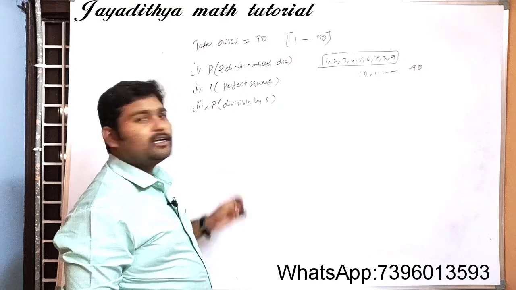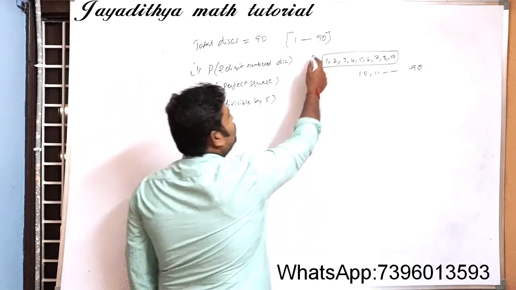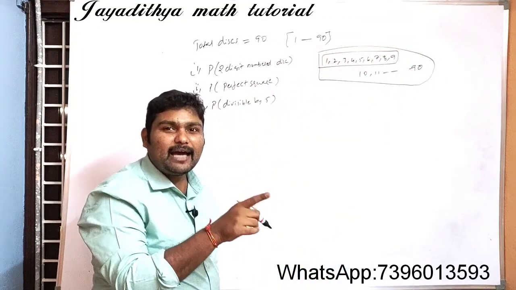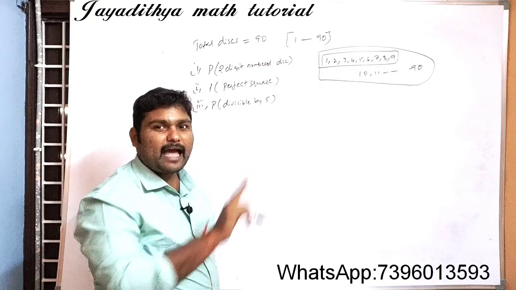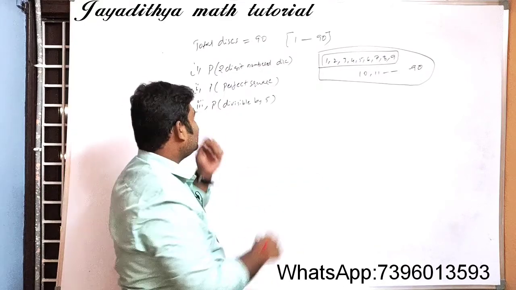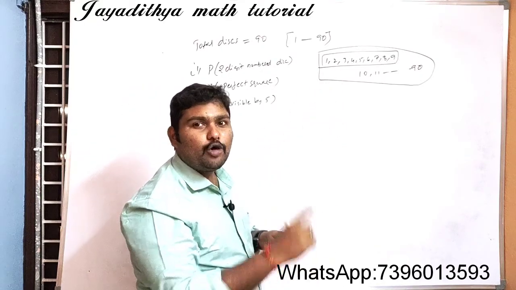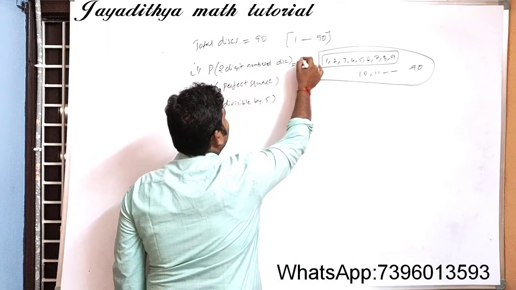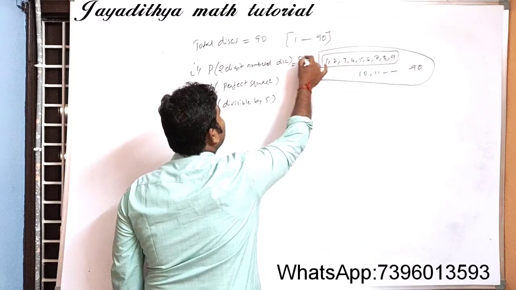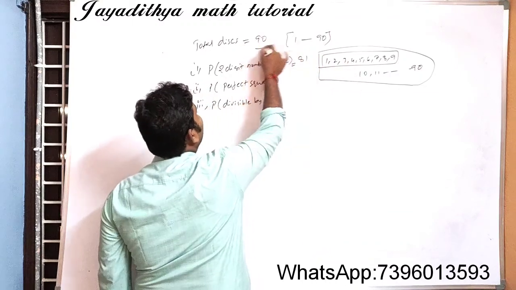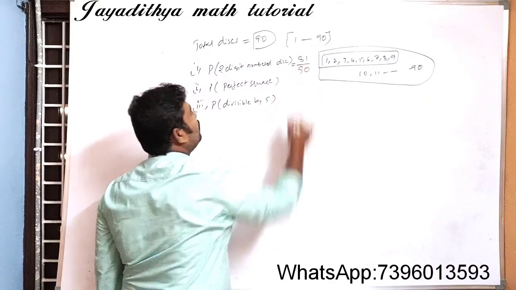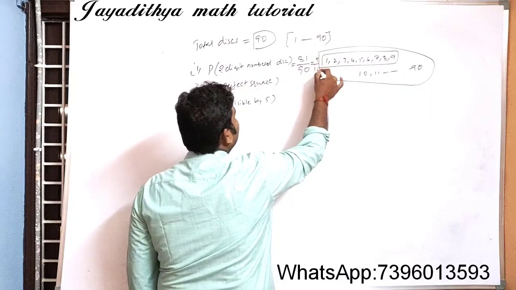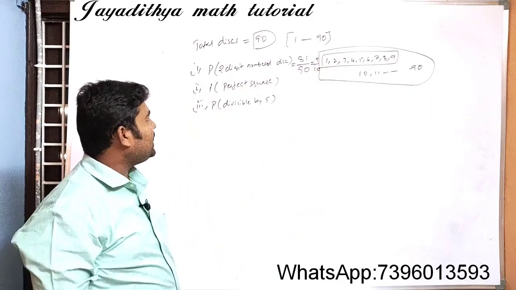So how to find it? These are a total of 90 numbers. In that, 9 are single digit numbers and the remaining are 2-digit. How many will be the remaining numbers? The remaining 2-digit numbers will be 90 minus 9, which equals 81, and total are 90 discs. So what is the probability here? 81 by 90. After simplification you will get 9 by 10.